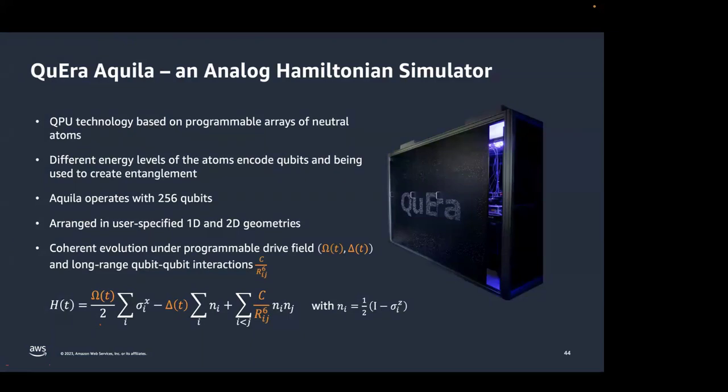You map a problem to a gate-based quantum computer, and that requires some overhead. There is a certain class of problems which can be directly mapped to analog Hamiltonian simulation without going through that overhead of mapping. So for certain classes of problems, using these analog Hamiltonian simulations is much more efficient, right?